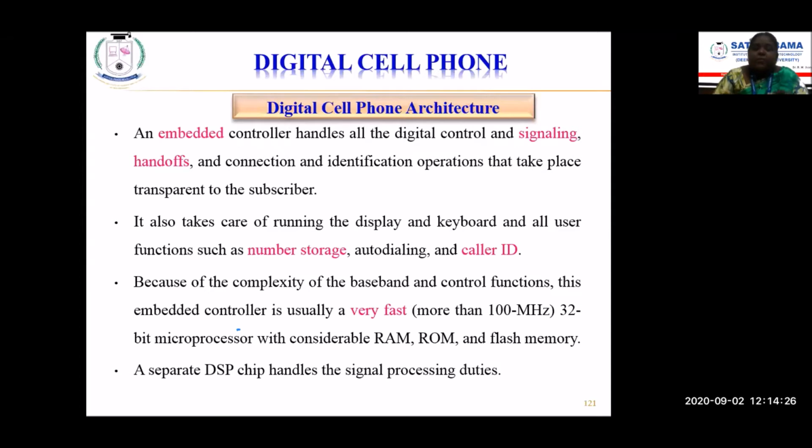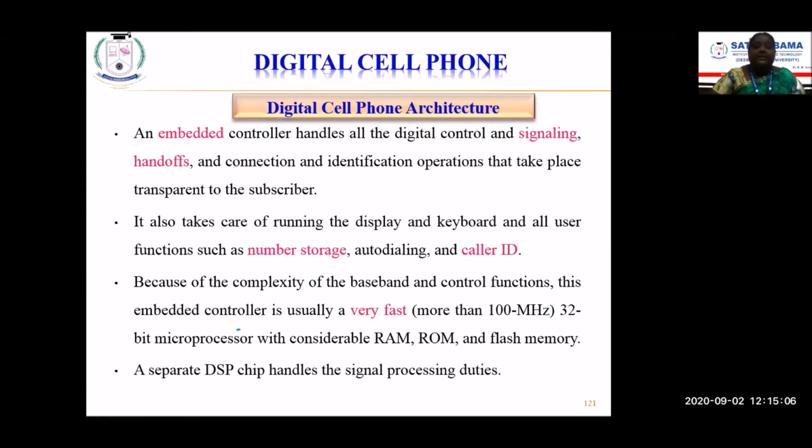So everywhere we use electronic equipment, related to voice, data, as well as image processing, this DSP comes into the picture. So the cellular telephone which we are using at our home, in our day-to-day life, has all the features. Your antenna is here, so you can talk about antenna applications, you can talk about DSP applications. You have the embedded processor, embedded controller here, all the features are inbuilt in the digital cellular telephone architecture. Okay, so this DSP chip handles the signal processing functionalities.